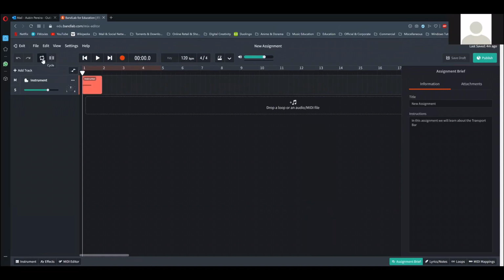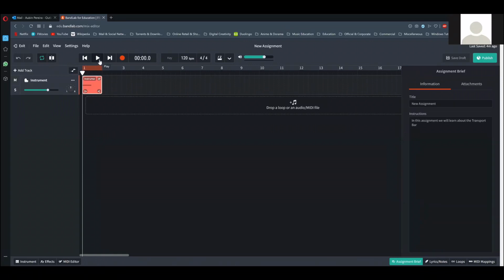Here we have something called cycle. Top left. If you look at where my mouse is hovering, this is cycle. Now cycle is important because if you want to loop something, you can turn on cycle. So for example, if I want this thing that I've just added here, I want to play it multiple times. I just draw this here from 1 to 2 and I put the cycle button on.